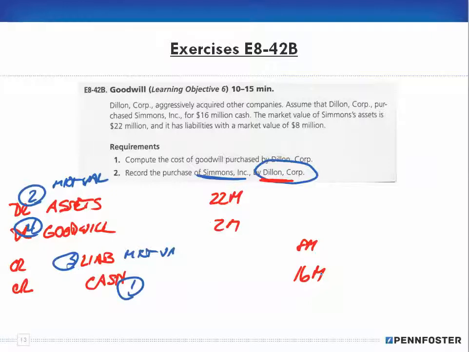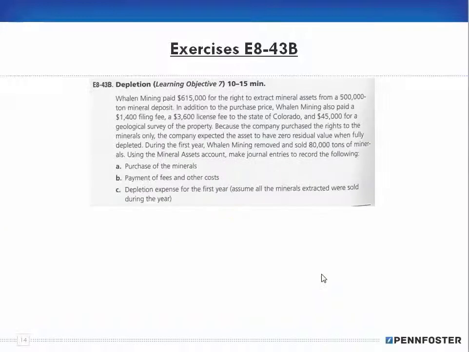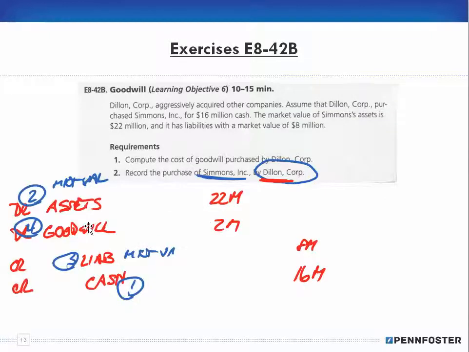Let's see what's the next one, if I should go on. Payment of purchase of the minerals, payment of fees and other costs, depletion. All right, nope. I'm going to stop the video here and pick up with the next problem in the next video. But just remember that,